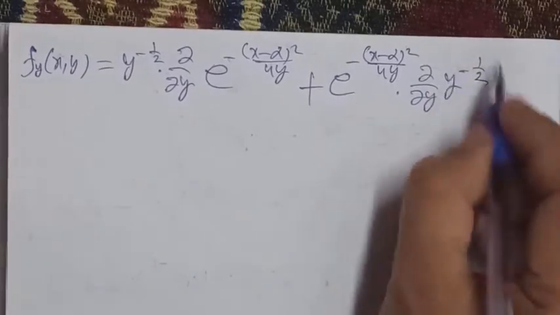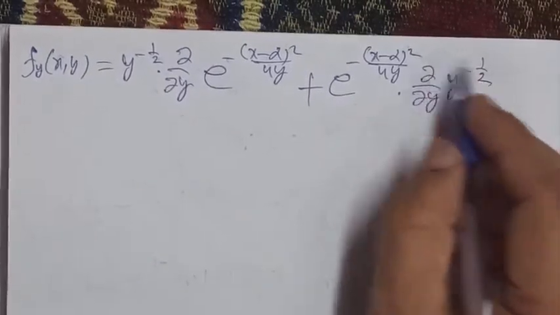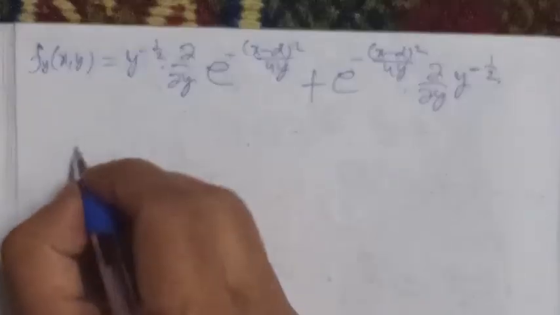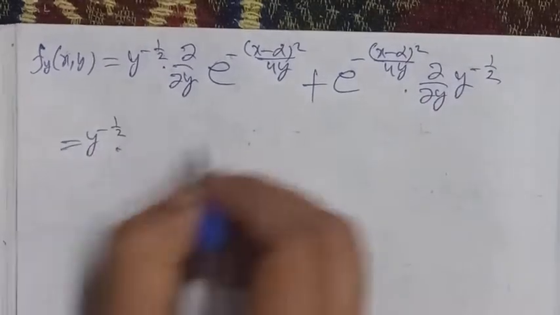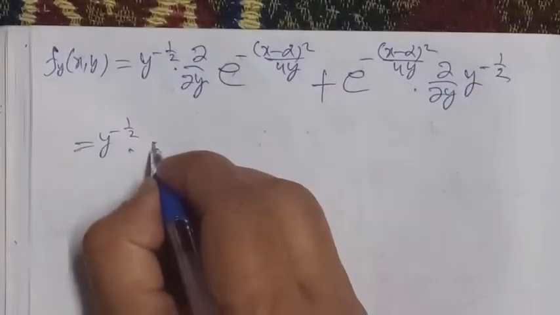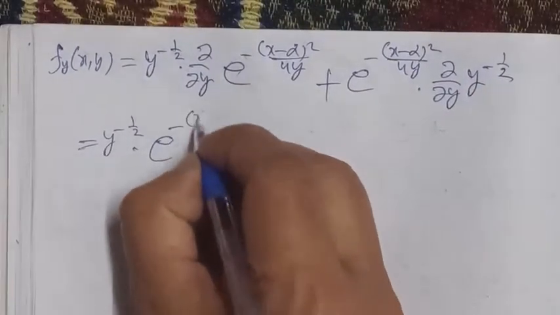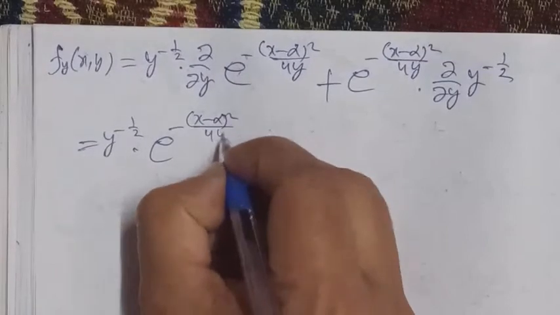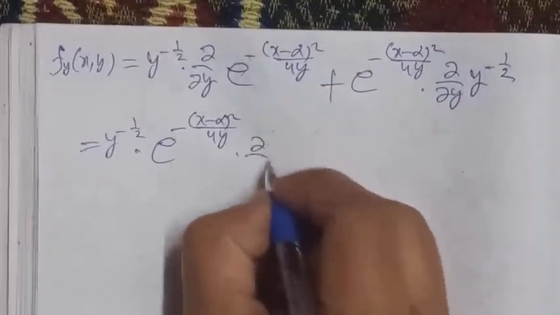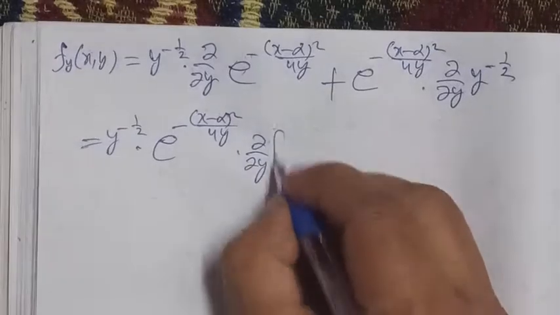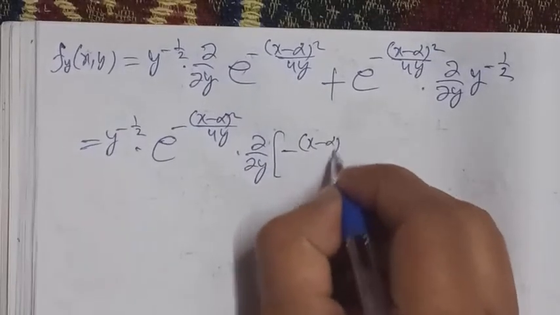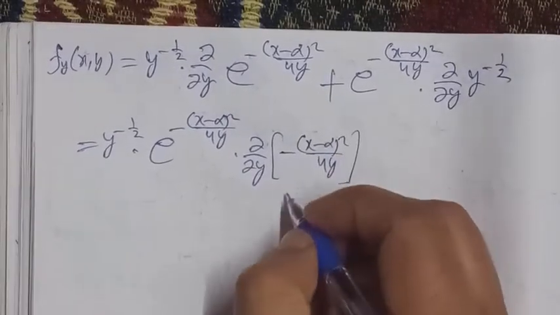The first function is y to the power minus 1 by 2. Now differentiate it considering it is y, so e to the power y differentiates to e to the power y. What you are seeing here is not y, so differentiate according to the chain rule: minus (x minus alpha) whole square upon 4y, plus